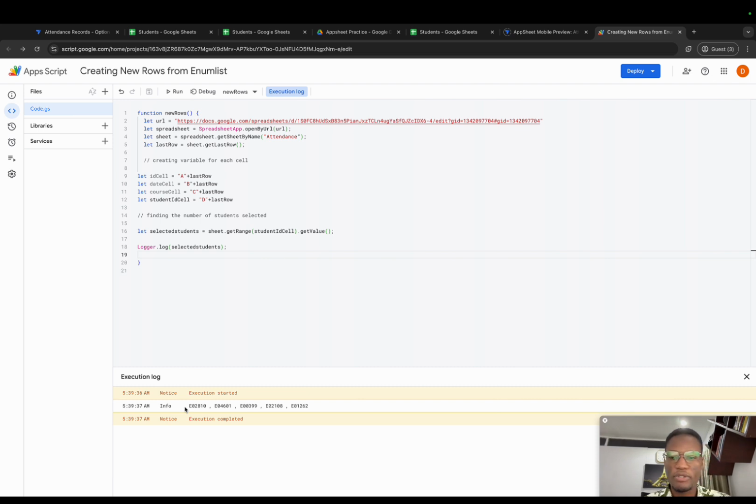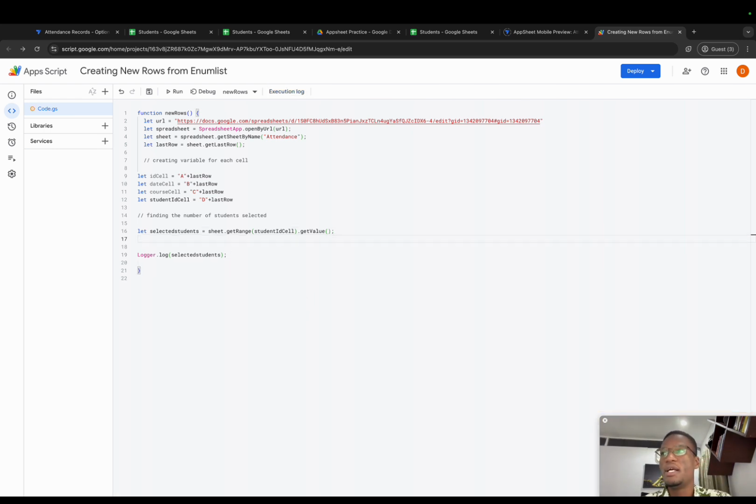The best bet is probably to count the commas, but it's easier to split it and then be able to count them as single units. So let's do this. I'm going to create another variable, so let arrayOfStudents equal to. I'm basically going to take this variable, which is the list of students, that's a text, and